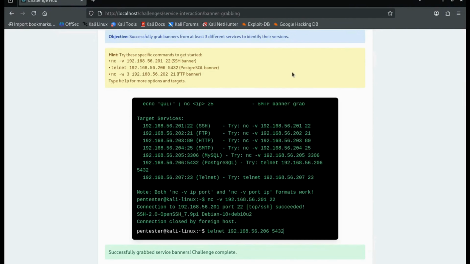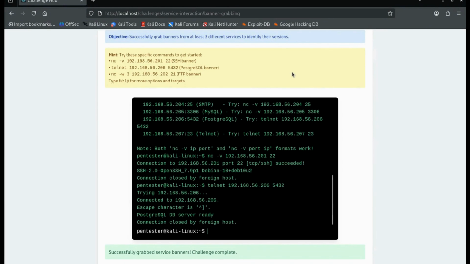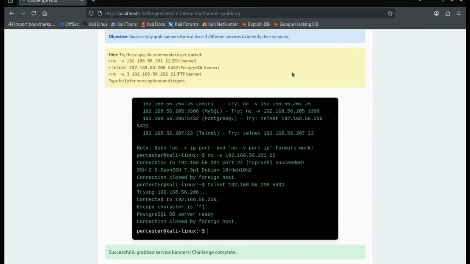So this command connects to port 5432, which is PostgreSQL's default port, using telnet. Now the result confirms that the PostgreSQL database server is running and is reachable. Some database services don't show detailed version information by default, but this response tells us that the service exists and